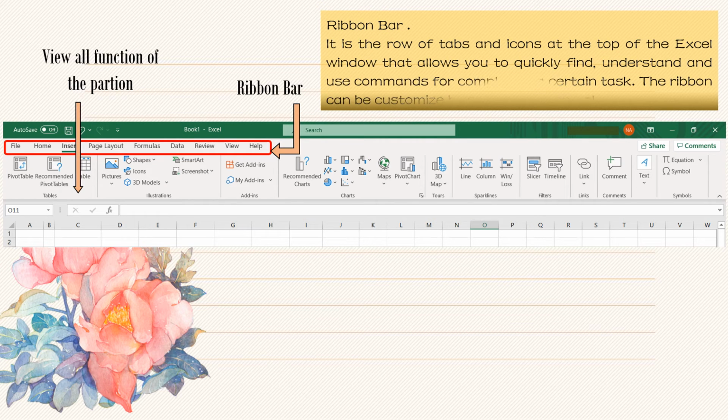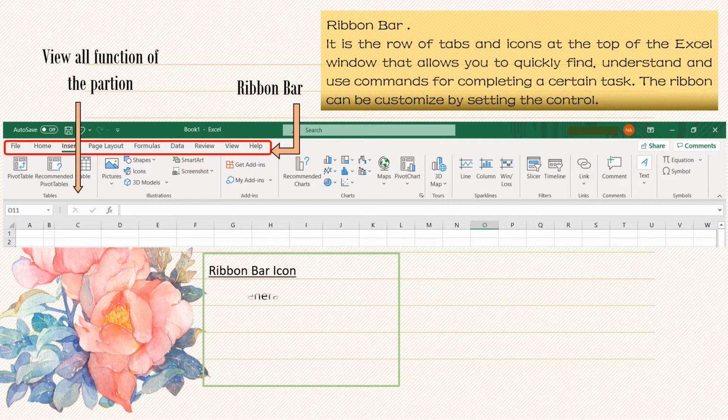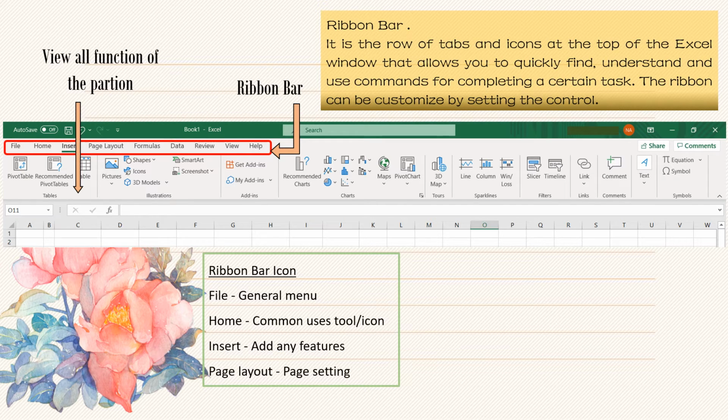The ribbon bar is a row of tabs and icons at the top of the Excel window that allows you to quickly find, understand, and use commands for completing a certain task. The ribbon can be customized by setting the control. You select what items you want to include in each portion. But you may not set what items are selected in the function,